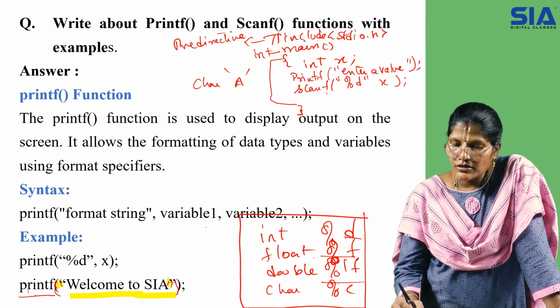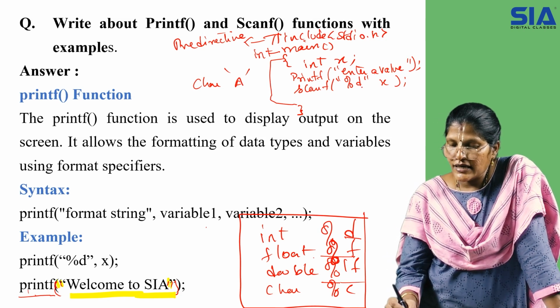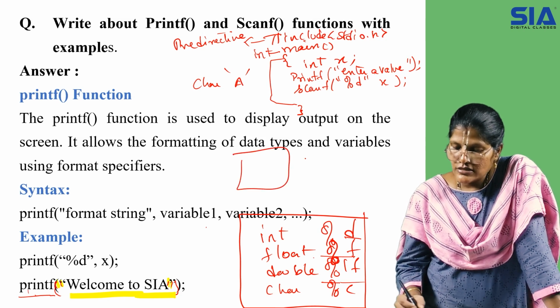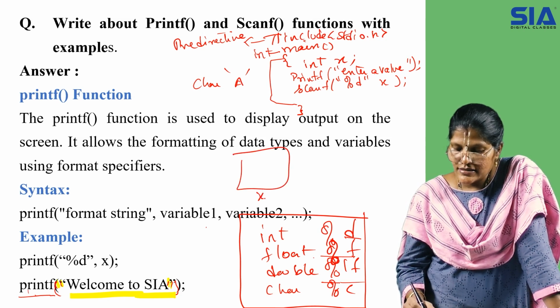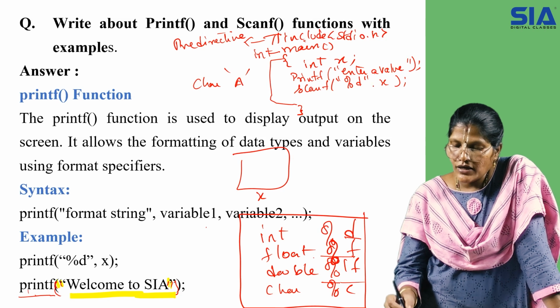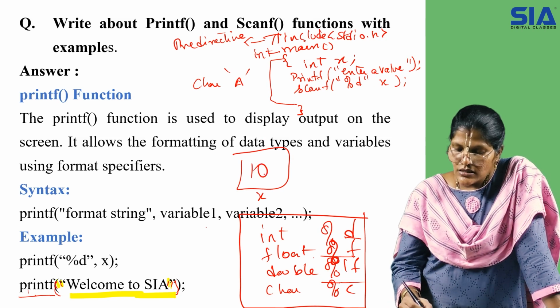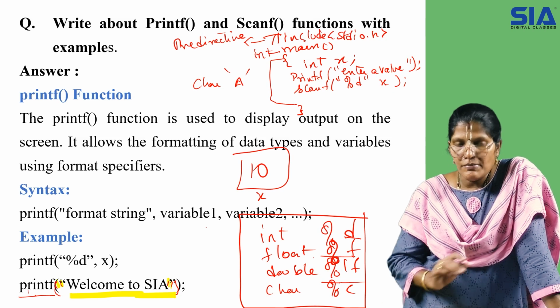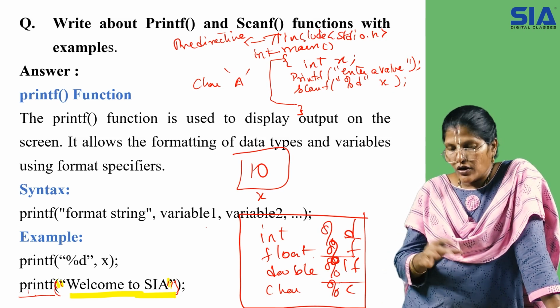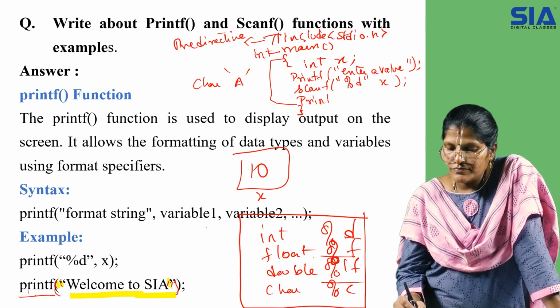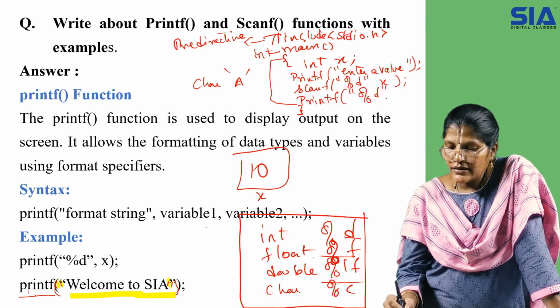So for example, here within my example, that is scanf %d. What you are doing is that memory space of type integer is reserved for x. And here what value am I entering? For example, from the keyboard I am entering 10. Now 10 is reserved and available within the memory. Now I have to print the output onto the screen, so you take the help of printf %d with the integer value x.